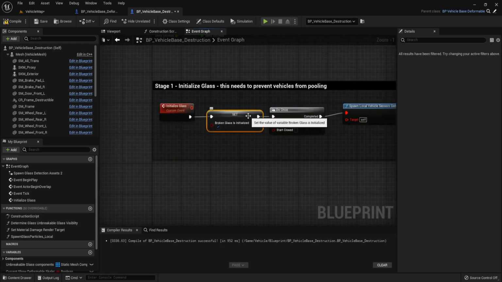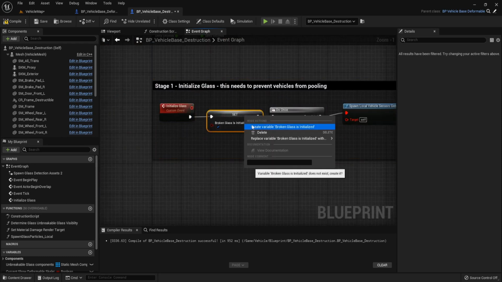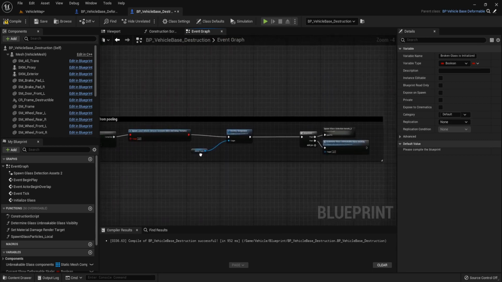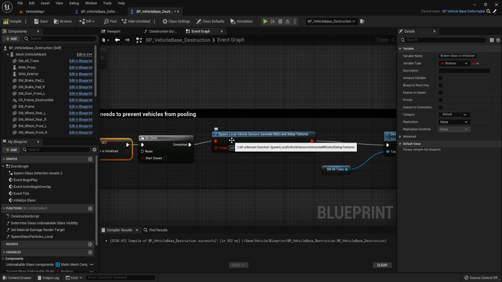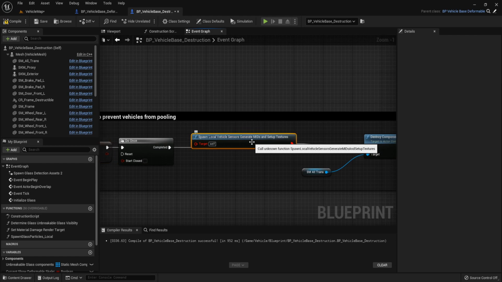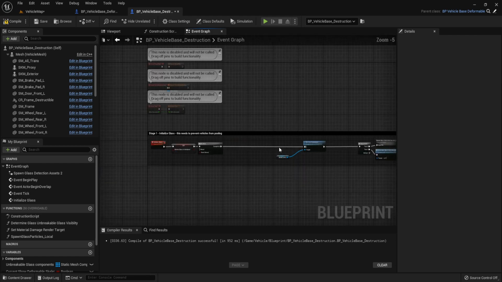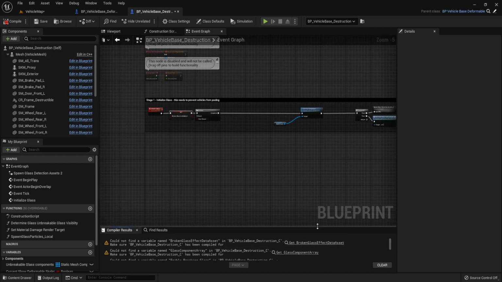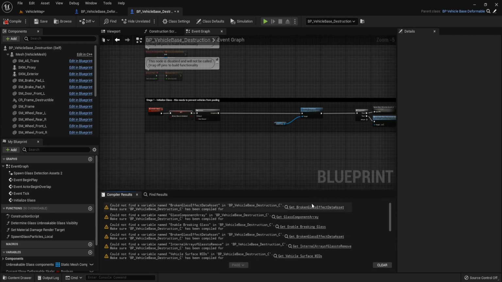And promote this broken glass is initialized to variable. And delete this bound local vehicle sensor generate MID, because we have not yet generated this texture for the make texture of the vehicle. And let's compile. And we get some errors.